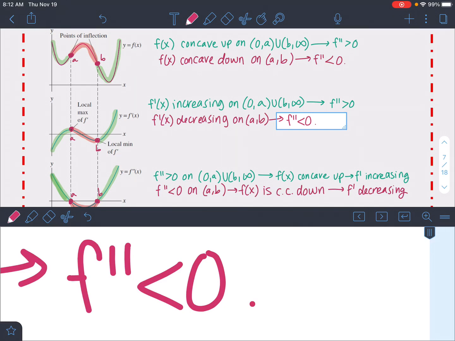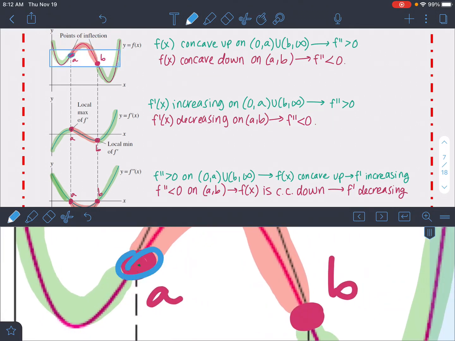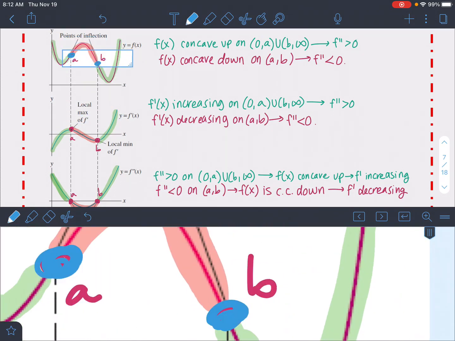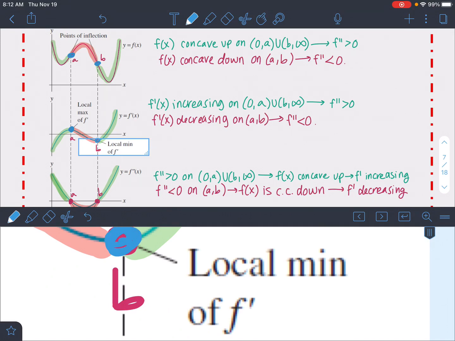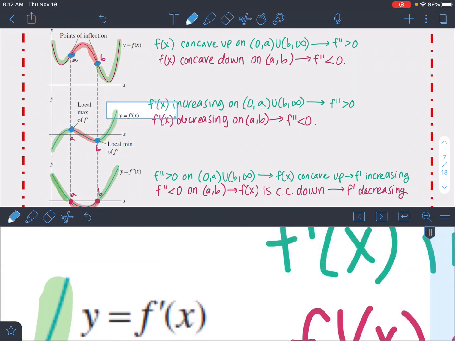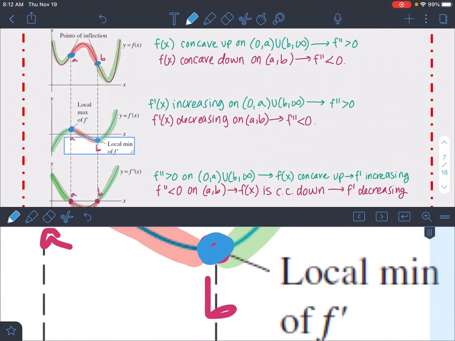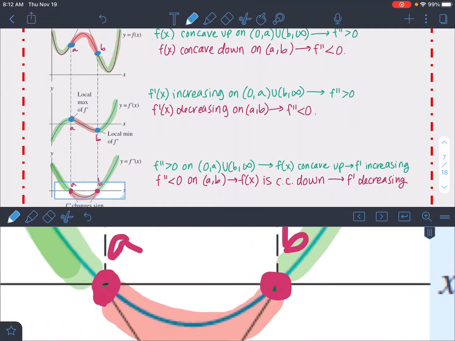Okay, and the last thing I want to point out to you guys, if you're done writing all that down, pause if you need to. Really important info here are those POIs. I'm actually going to put them in blue really quick. Points of inflection, again, change in concavity. Here, it's still when f double prime changes signs, but that's going to be when they change slope, or when f prime changes from increasing to decreasing. Okay, and then here, f double prime changes signs when it goes above and below the axis, because this is the f double prime graph. So let's write that down